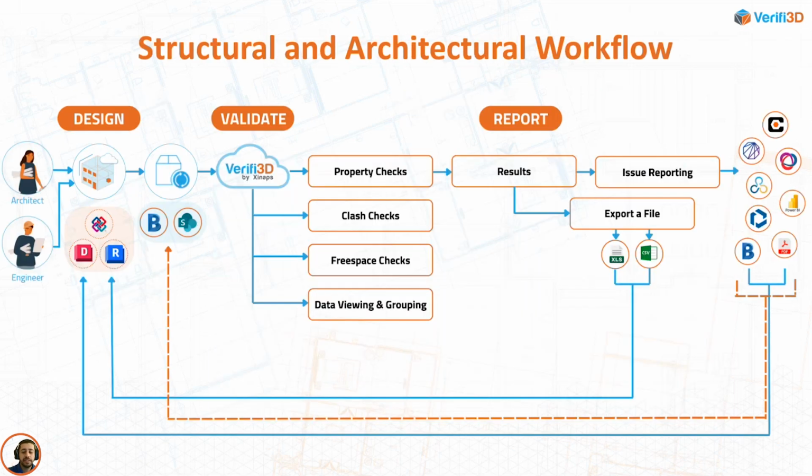Now, let's make it more specific. So now we're going to talk about the structural and the architectural workflow. So we start first in the design process, where we have our BIM models, whether we have Revit or IFC, and then we import them to our CDE. In the case of this webinar, I've collaborated my Revit files into one of the Autodesk CDEs, BIM 360. And then what we're going to do is that we're going to